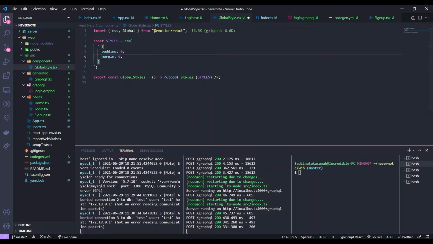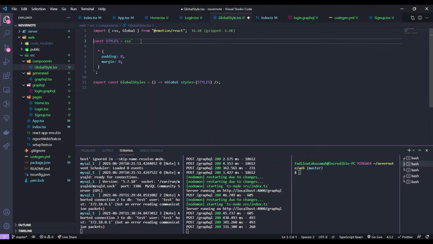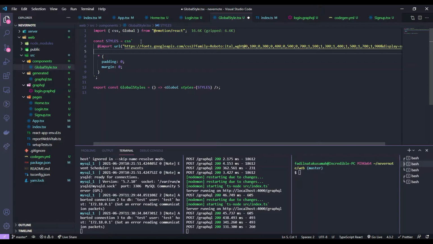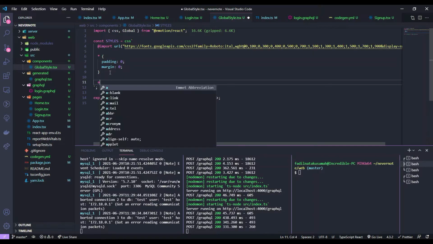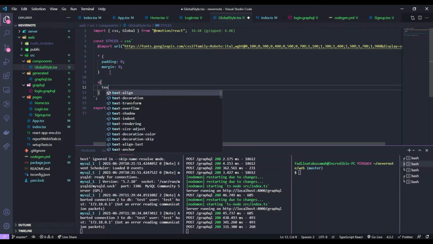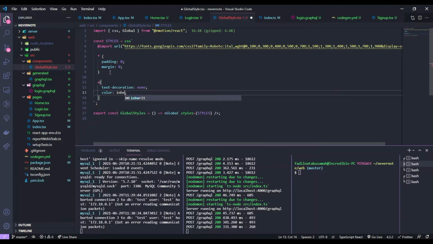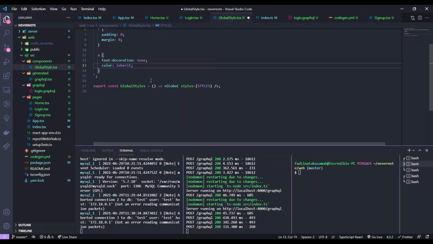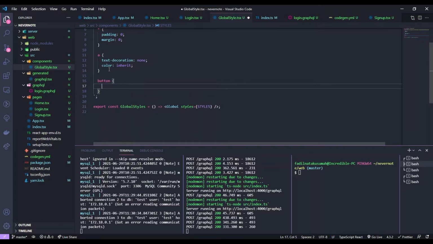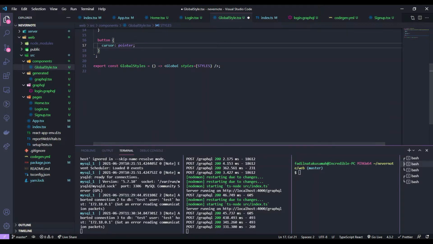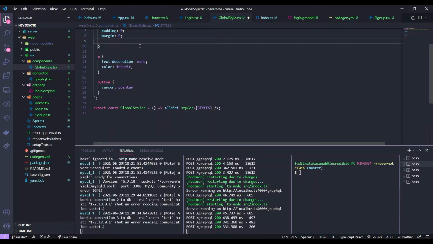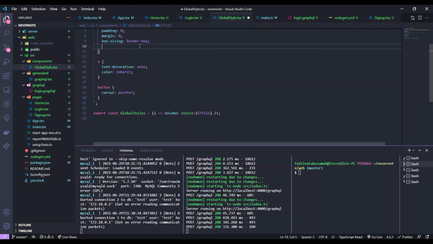Okay, I'm gonna use Roboto font here. I want the A tag to be text decoration none, and color would be inherit from its parents, and then button would be cursor pointer, and then in all of this we want to set box sizing to border box, then font family,